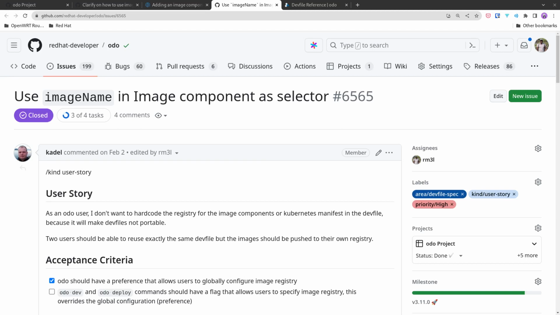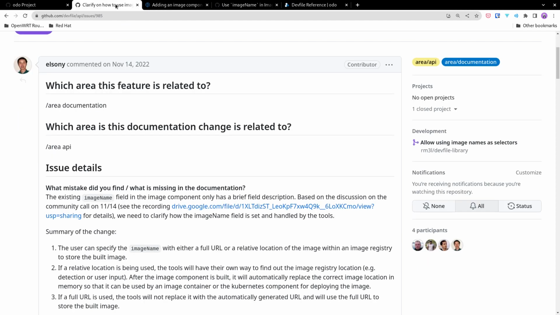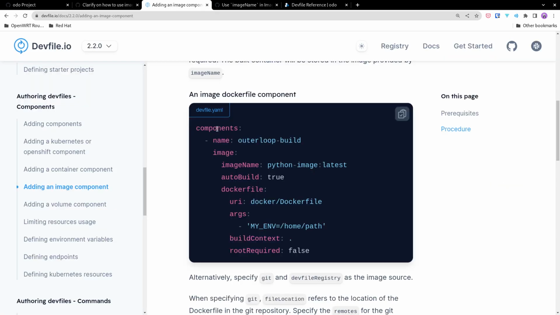Hi. In the past few sprints, we have worked on handling the image name field in image component differently, as a selector. So why are we doing this? To put some context behind this, there was an issue in the Devfile spec about clarifying the meaning of the image name field, because currently when a user defines an image component using an image name, what tools like odo usually do is try to build this image using the name that is specified, and then we try to push that image